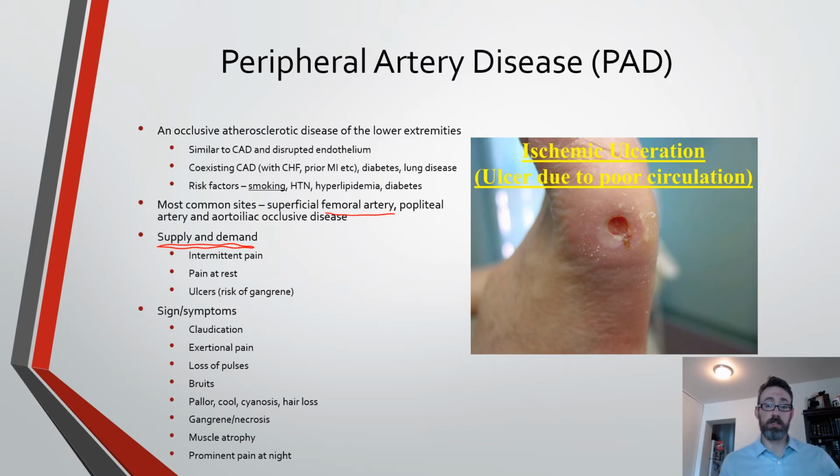There's a poorer prognosis if it's occurring at rest, just like we saw with the heart. And then ulcers can form. So what happens is we want to make sure that under normal physiological conditions, if the demand goes up, the supply is matched accordingly, and that keeps all the tissues happy. However, if demand is not met, and let's say they're getting pain at rest, they're at risk